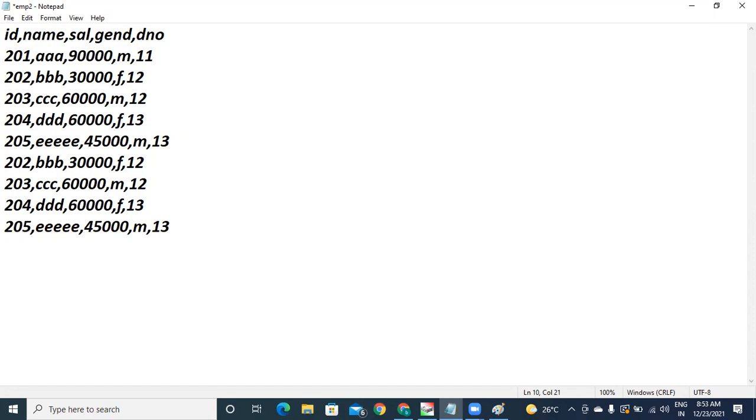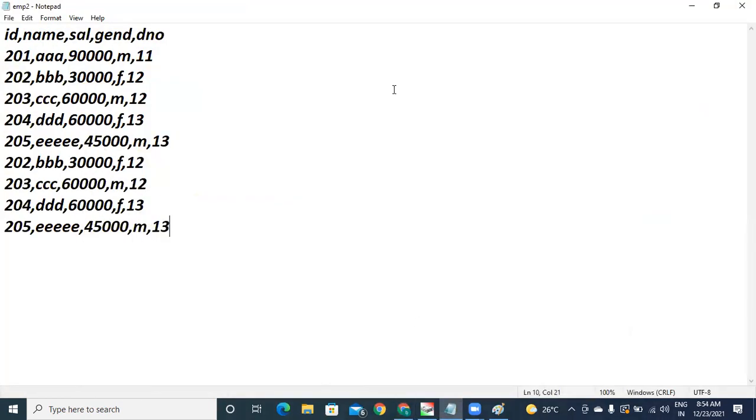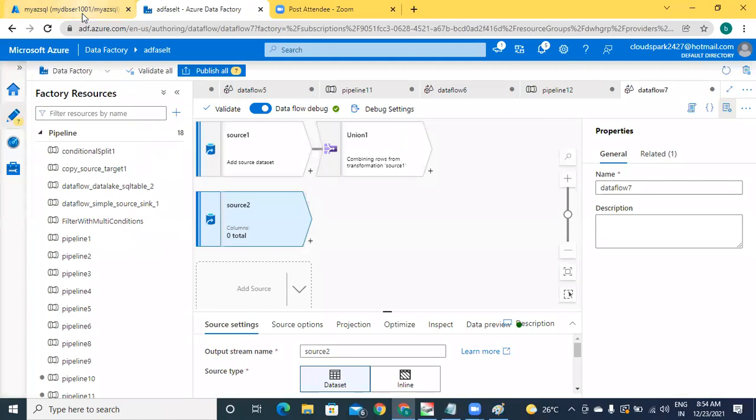Maybe in the first file or maybe in the second file, or commonly there are some records in both files. Maybe you think that there are some duplicate records. This file, once again, I am going to load into this one. Let me go with a fresh file under your storage lake.